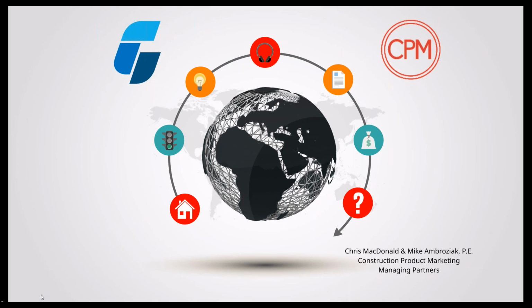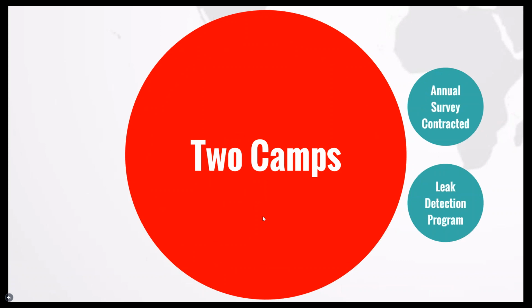So if you want to click that home button there, Noah. The two camps of leak detection out there are the annual contracted survey, so that's hiring somebody to come out. There are companies out there that can do surveys, and whether you do specific parts of your system, I know a lot of cities, the bigger the system, the harder it is to get through all of it. But even doing select areas, depending on the age of your pipe,